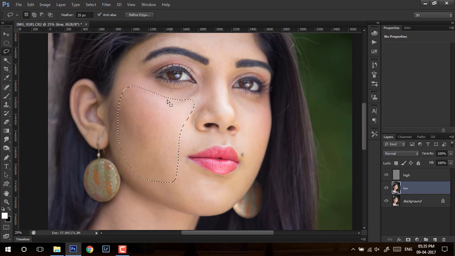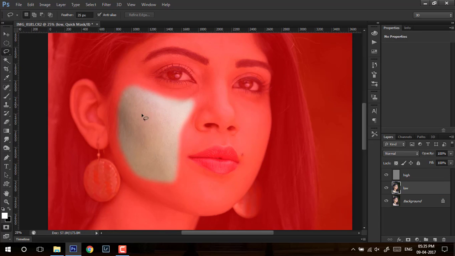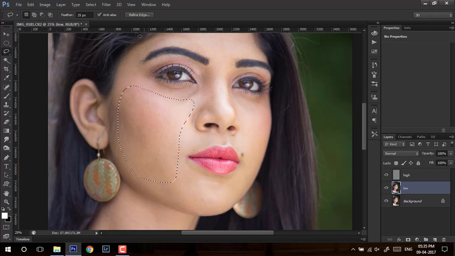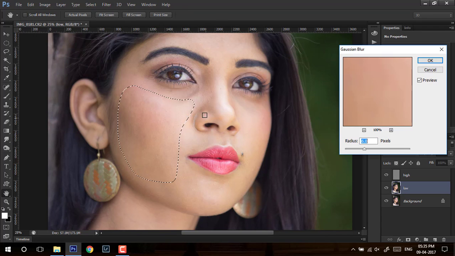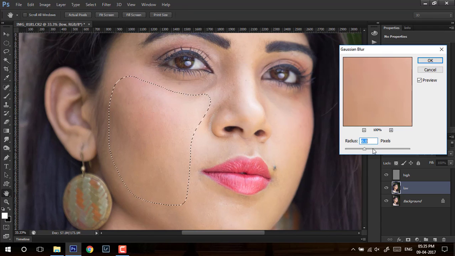We'll select that area. See, this is a soft selection. As you press Q, you can see that whatever I have selected is my mask. So we'll blur out this skin. We'll go to Filter, Blur, again Gaussian Blur, and now we'll increase the pixels.